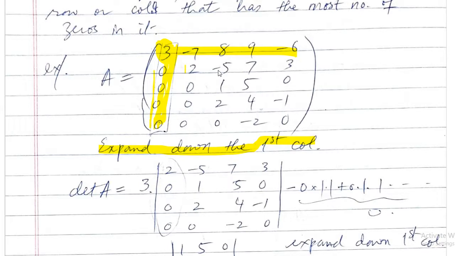So you got 2 minus 5 7 3, 2 minus 5 7 3, 0 1 0 0. So this is the determinant which you got here, right? And now I don't have to write any other thing. Why? Because 0 0 0 0 gives me all 0, no contribution from this column. Plus 0 minus 0 plus 0 minus 0 doesn't matter, don't need to write it, right?